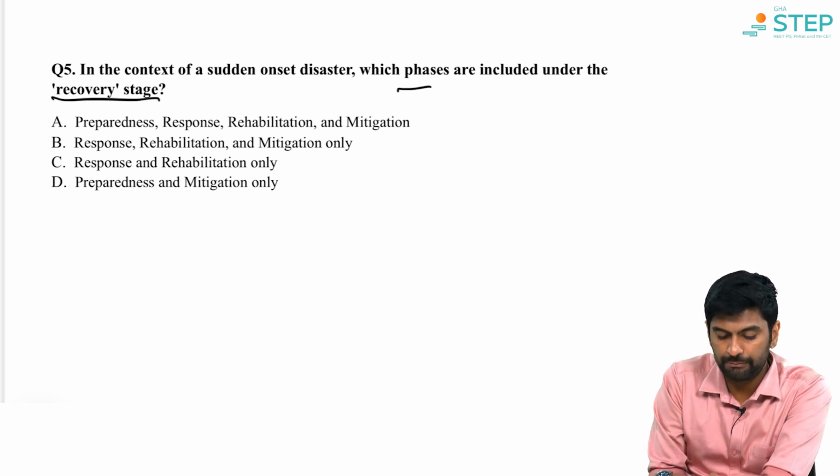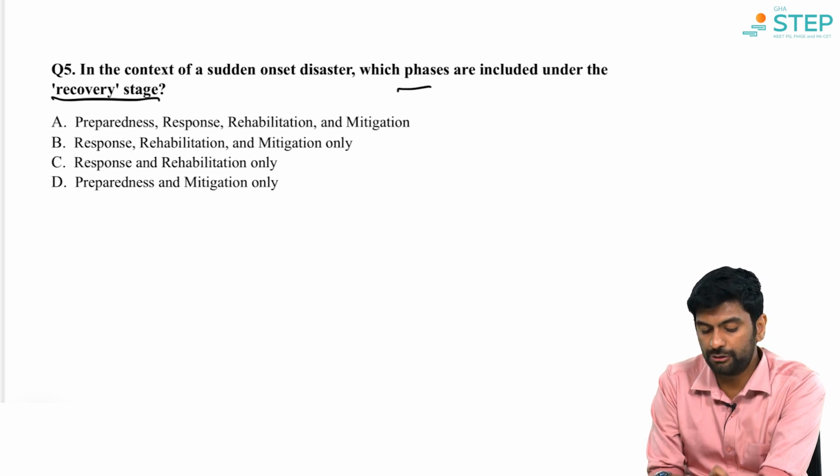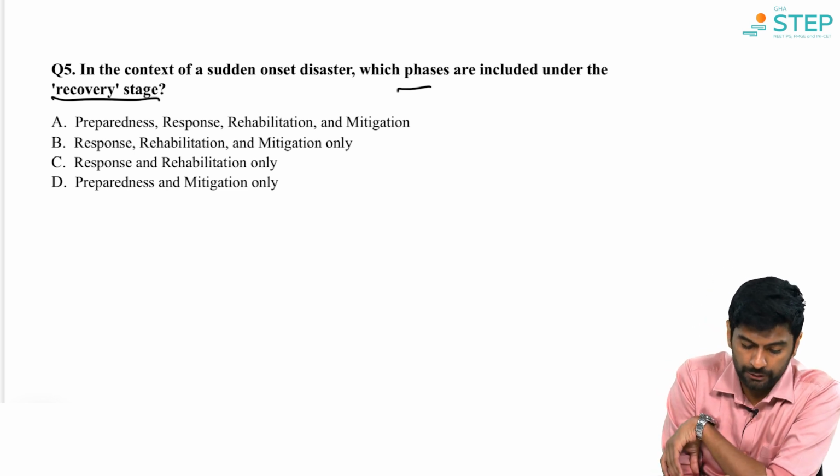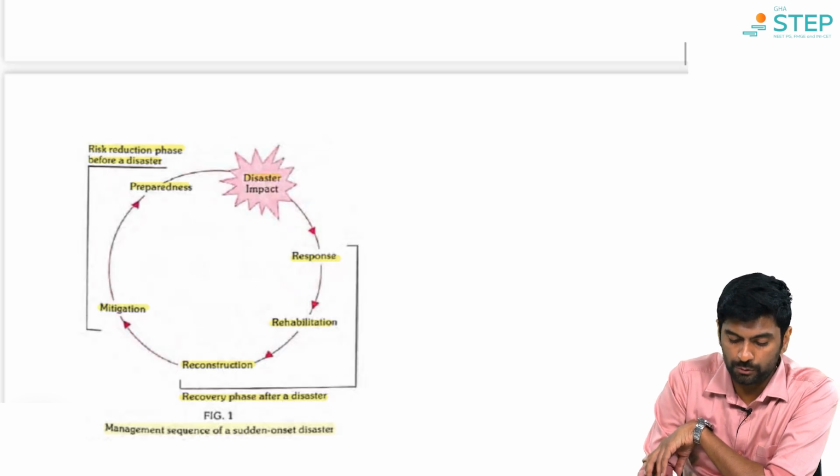We can have preparedness, response, rehabilitation or mitigation, or option B, which is response, rehab, and mitigation only, or we can have response and rehab only, and D is preparedness and mitigation only. The answer here is response and rehab only, because if we just go through this diagram,